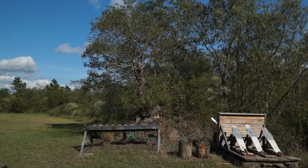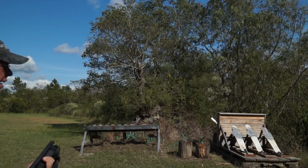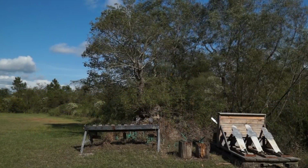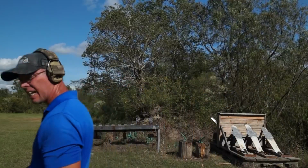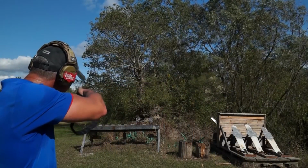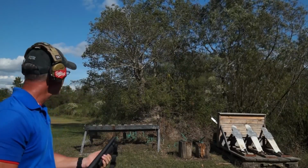Got it. But I missed two. I got two of them over there that I did not get. I want to see something. I shot those two earlier and they did not go down. I'm wondering if I'm just missing these guys or if they are that hard to go down. Let's see here. Nope, I just missed them. Yeah, I just missed them. All right, well,